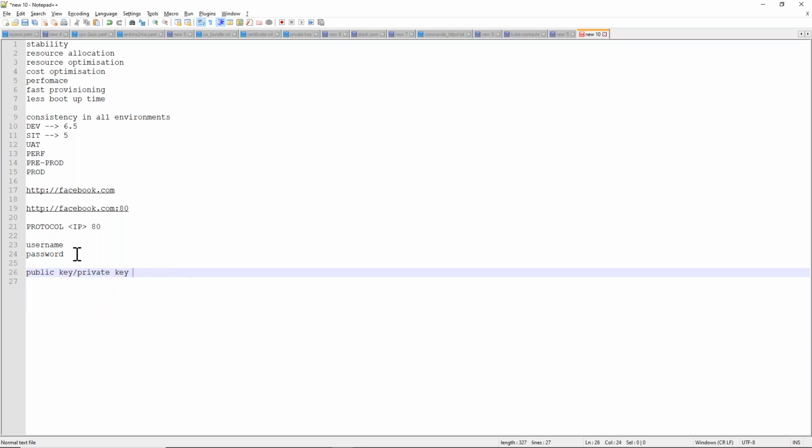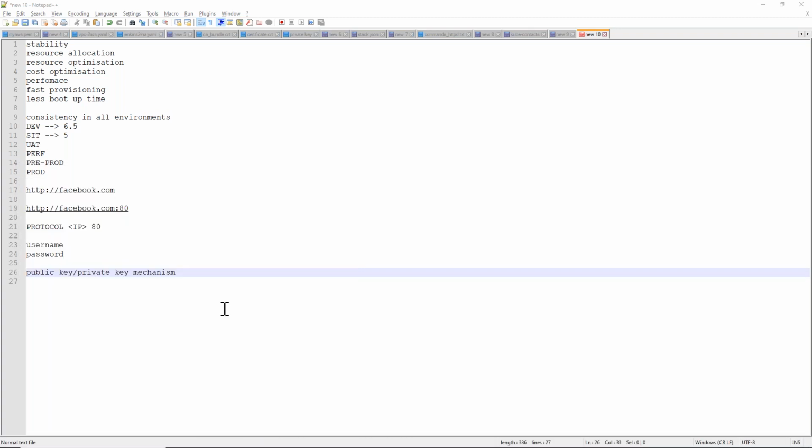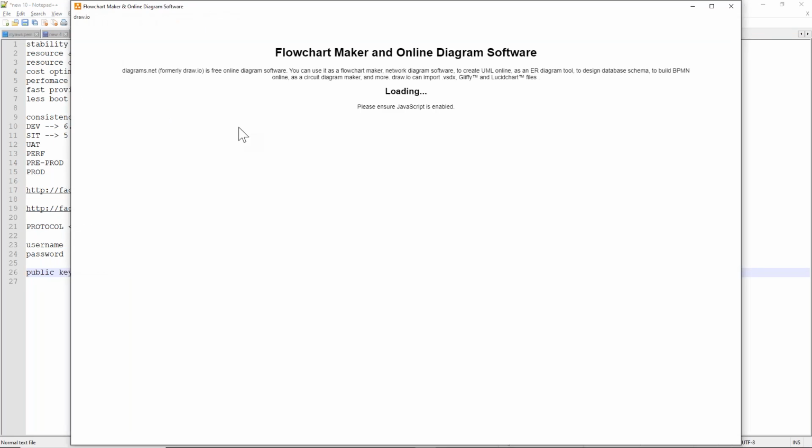Maybe a lot of people are already aware of these topics, but I'm telling you for the sake of others. This is a very secure mechanism to connect to servers, and in real time we also use this mechanism. To understand public key and private key, I'll simply draw something. One general concept.